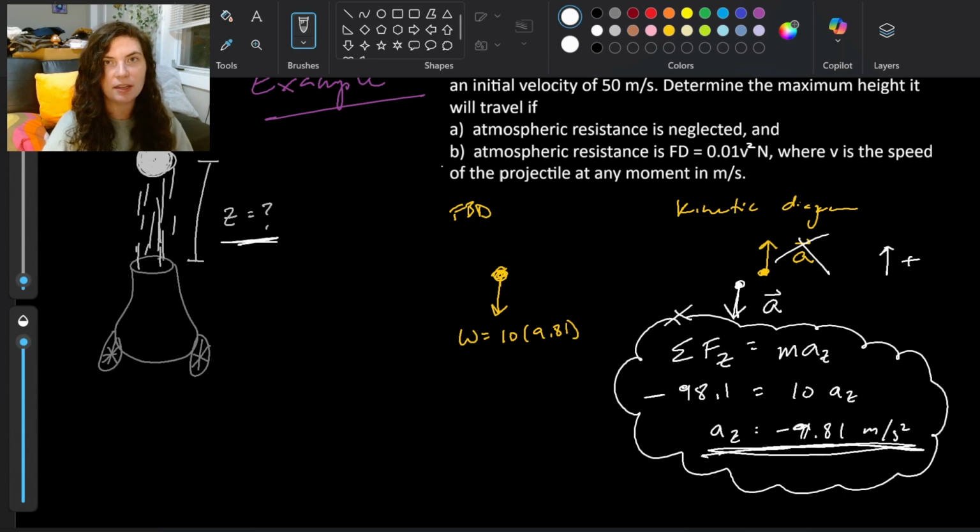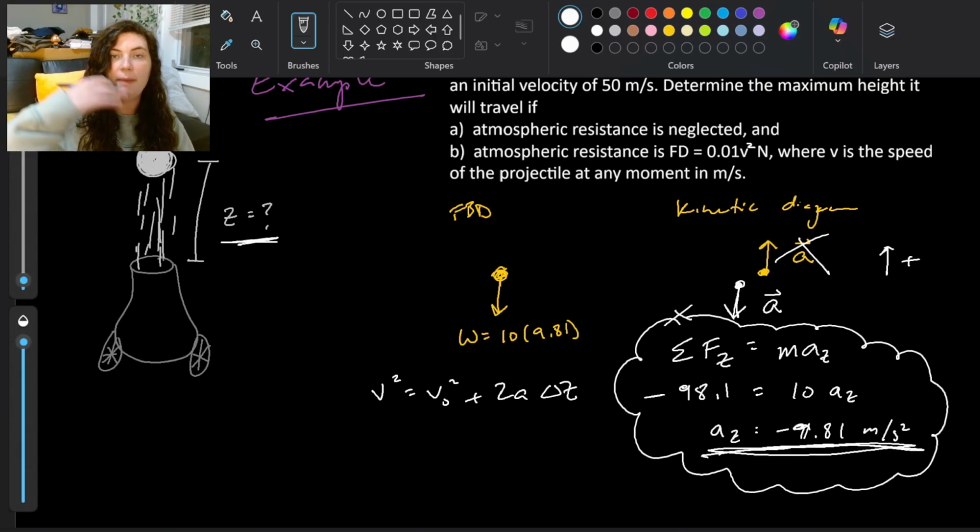finding how high it went, I can just use my kinematic equations, right? I can just use v squared equals v naught squared plus 2a delta z, where delta z is this thing we're looking for. We're looking for that height. It gave us an initial velocity of 50 meters per second. We know at the max height, remembering back to our projectile motion problems, velocity is 0. It's got to turn around to come back down, right? Velocity is positive and then it's negative. The velocity is 0 squared equals 50 squared plus